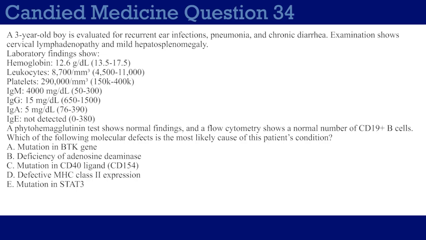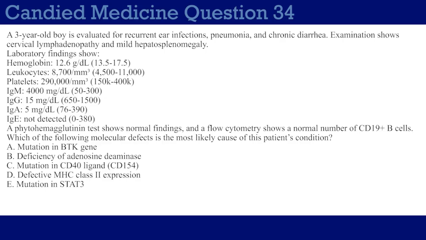A 3-year-old boy is evaluated for recurrent ear infections, pneumonia, and chronic diarrhea. Examination shows cervical lymphadenopathy and mild hepatosplenomegaly. Laboratory findings show hemoglobin 12.6, normal range 13.5 to 17.5, leukocytes 8,700, normal range 4,500 to 11,000, platelets 290,000, normal